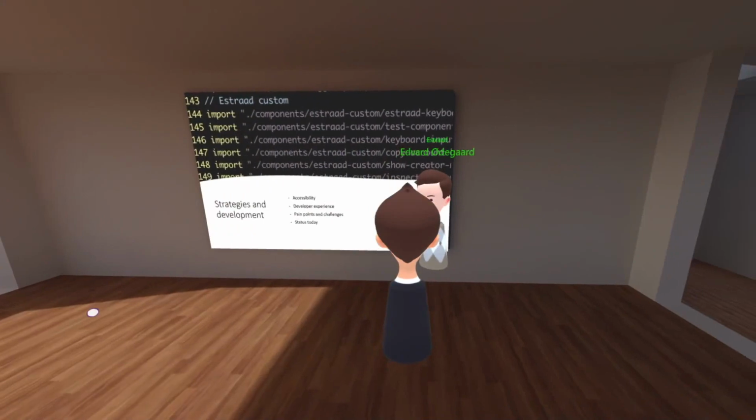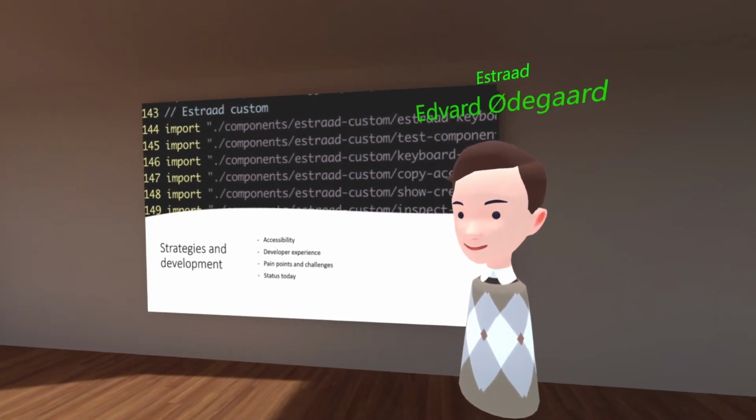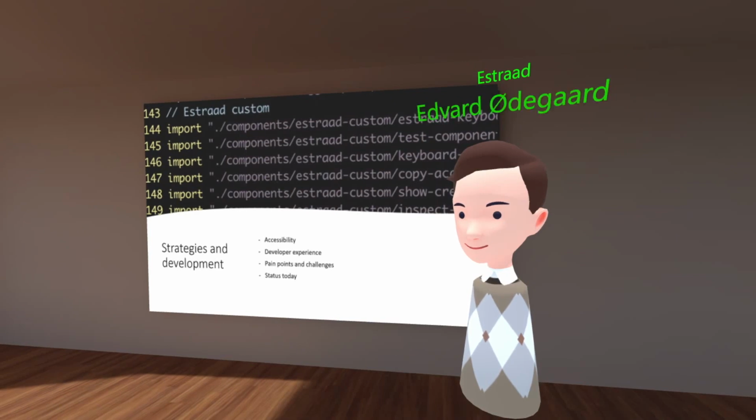I guess I can just go through a couple of the small things we did to improve. There's so much to pick from, so I'll just go through a couple of things that I think are really neat and that I would love to see in Mozilla Hubs as well. And that is the name tags. They change. So when you speak, you can see that my name is green, and it's just small things like this that make it much more enjoyable, in my opinion.